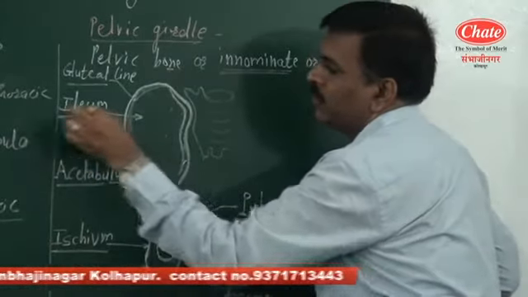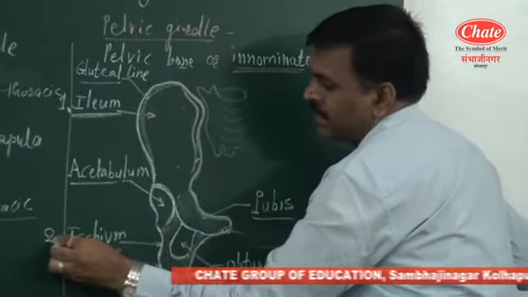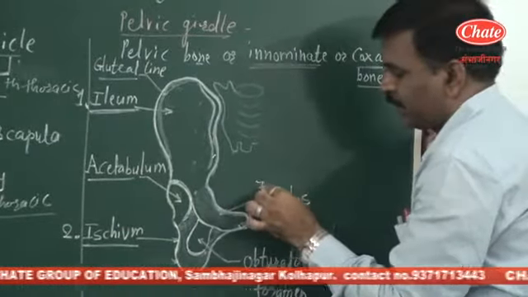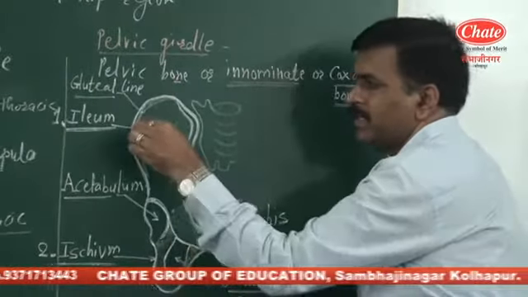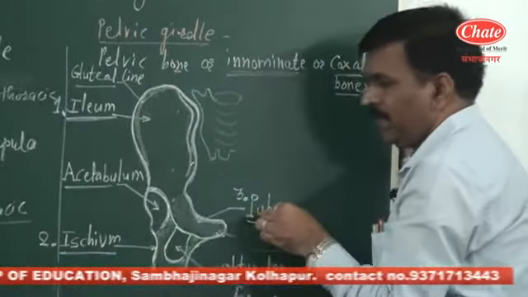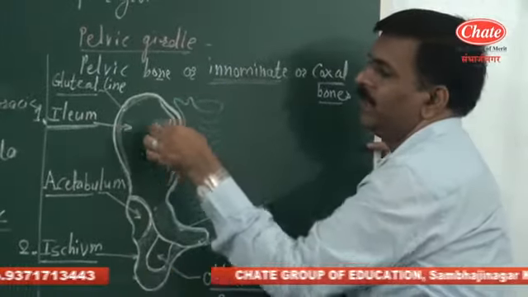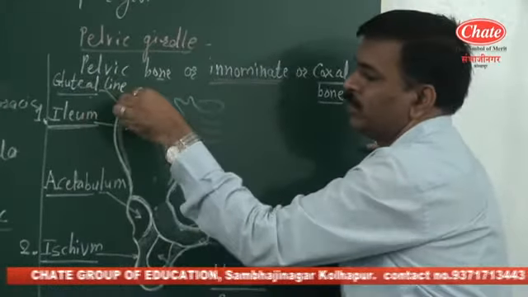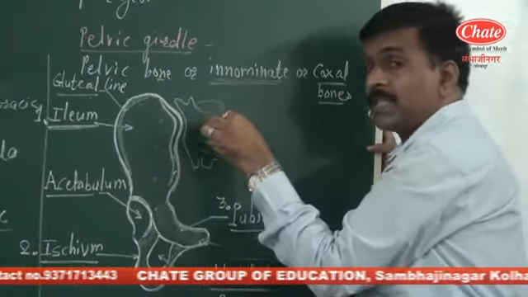Anterior fan-like portion is termed the ilium. Second part is the ischium, and third part is the pubis. So this pelvic bone is made up of three components, that is ilium, ischium and pubis. On the anterior side, it is a fan-like structure, the ilium, which has lines, that is the gluteal lines, and this ilium articulates with the sacrum bone,